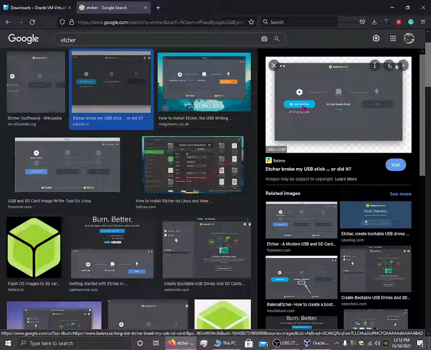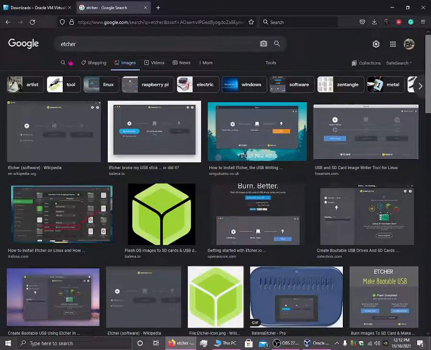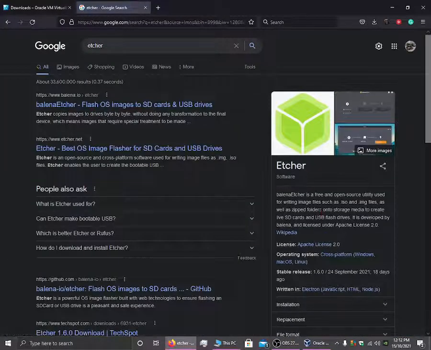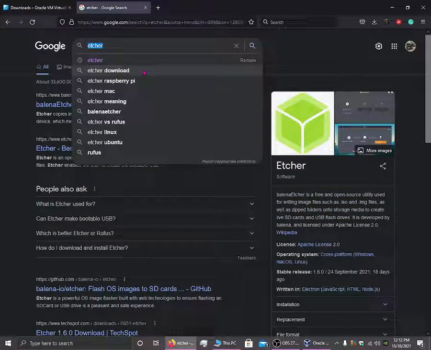So I have to get what ISO file, and then this is the device where I want it to be saved onto, such as an SD card. I press the flash button and it should flash it, and once it's done it will show up as done. This is available for Windows and Linux, I believe. I'm not sure about Linux, but it should be available on Linux. Anyway guys, so what we'll be doing is